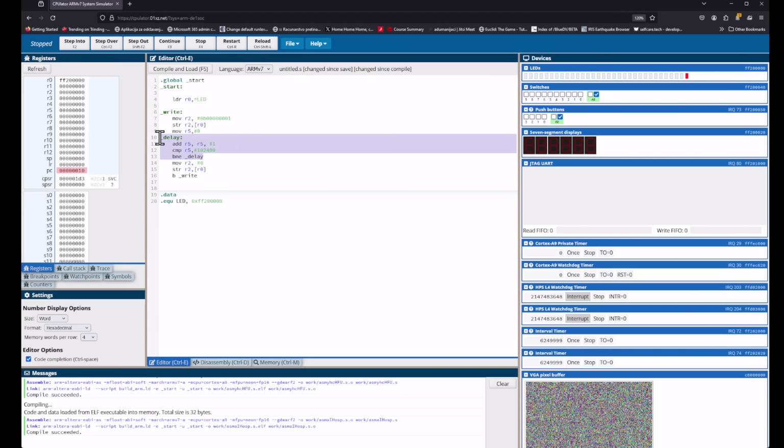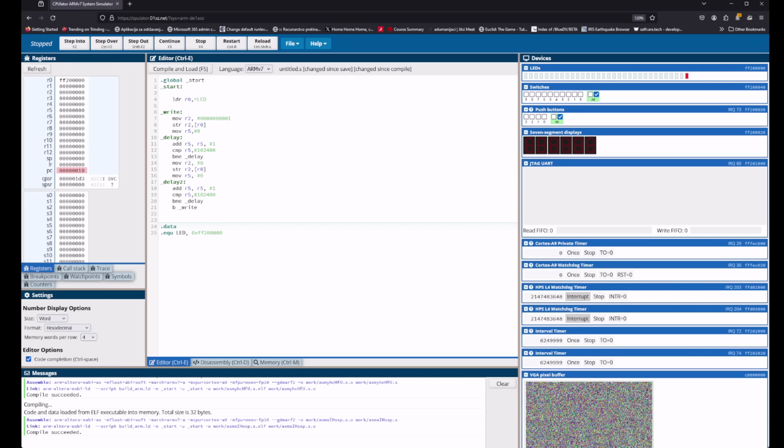I'm just going to copy this thing, and I'm going to be saying, okay, after I have reset my LEDs, I'm going to redo the thing. So I'm going to be first moving the information, or I also need to reset this thing. So I need to reset my R5, and I need to reset it and use